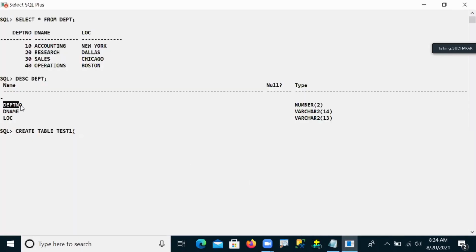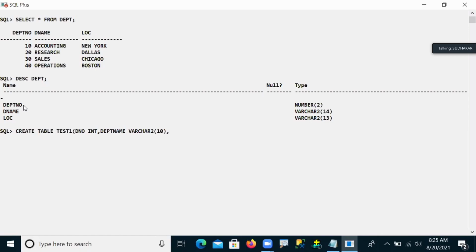Suppose here DEPT number is there. I'm taking D number, for example, integer. Then D name is there. Here I will take DEPT name, so varchar2 of some size. Then LOC is there.